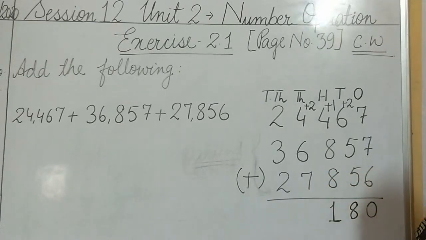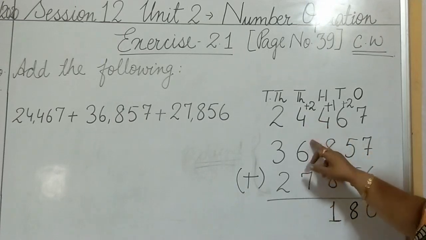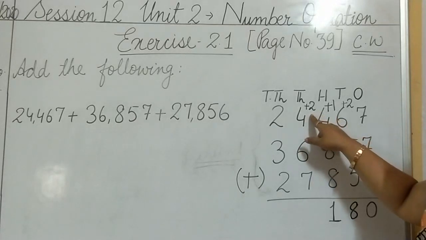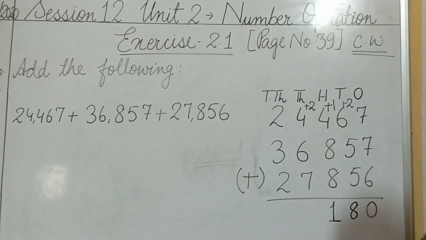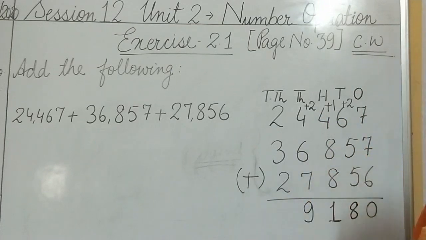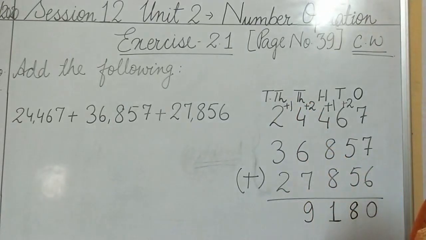Okay. So, as you can see here, what I am doing, 4 plus 6, 10. Easy, no? 10 plus 7, 17. But I have to keep in mind this 2 also. So, my result is 19, and out of 19, I am going to write 9 over here, and then I will take 1 over here, right?